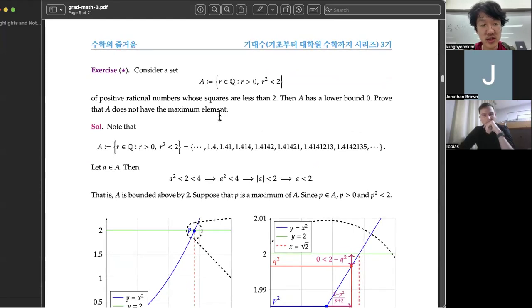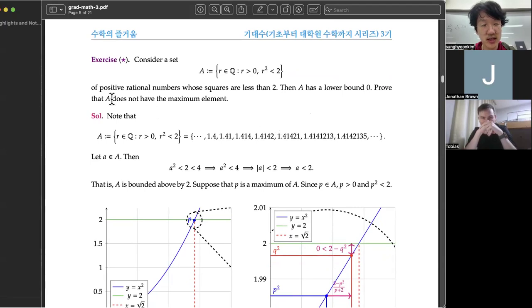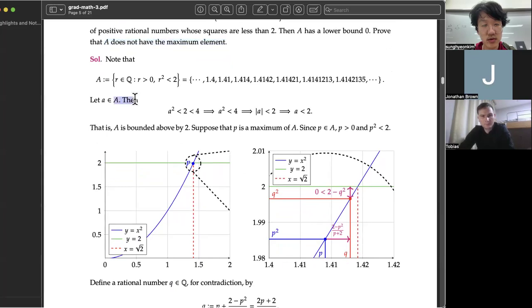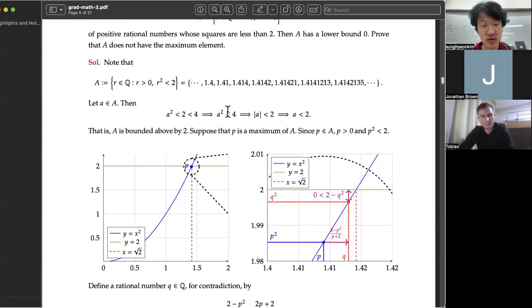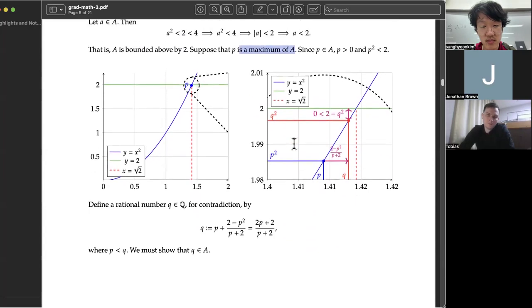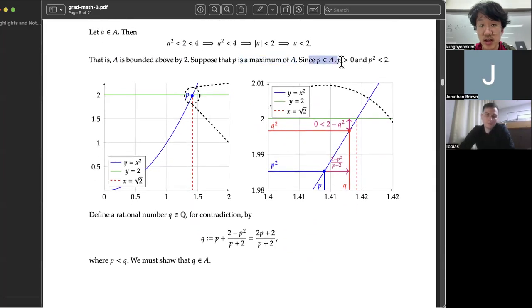We also consider the set A of positive real numbers whose squares are less than 2. A has lower bound 0. Prove that A does not have a maximum element, which means the same as showing there is no upper bound. Let a be in A, then a squared is smaller than 4. Then A is bounded above by 2. Suppose that P is the maximum of A. But since P is in A, and P is bigger than 0, and P squared is smaller than 2,